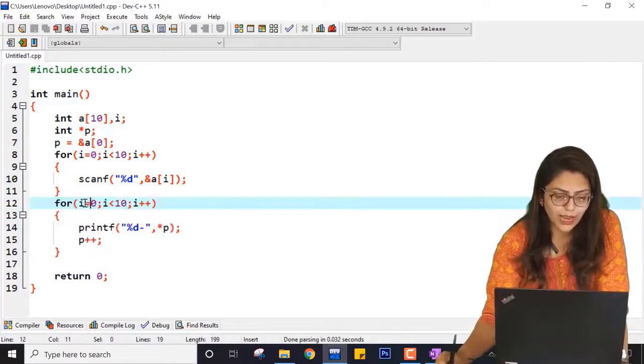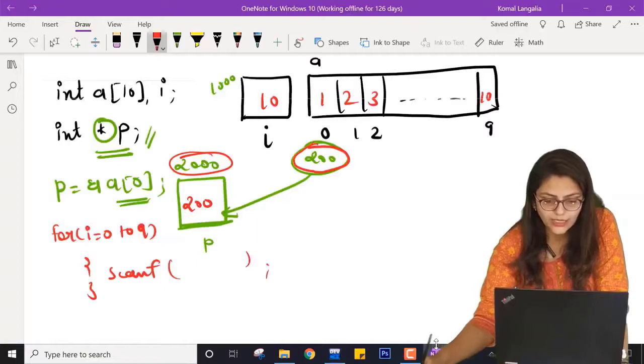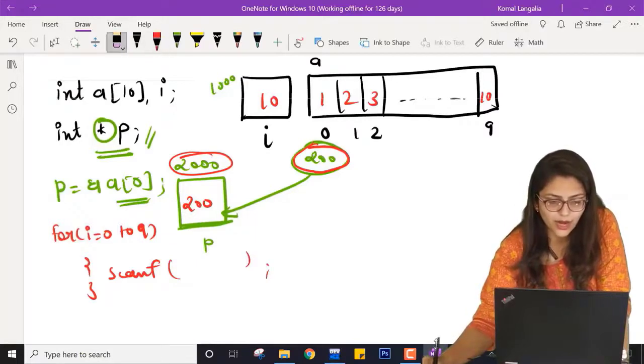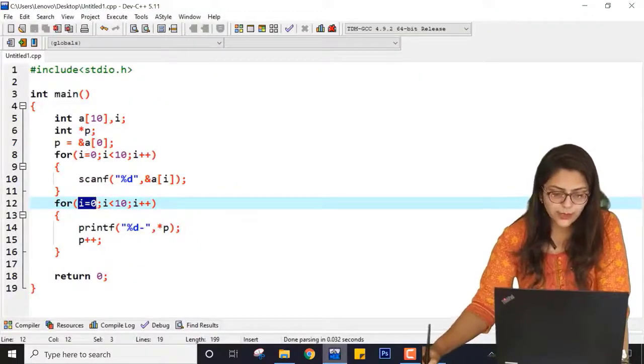So from this loop I am again starting i with 0. So you can see it over here. Right now its value is 10, but now I am starting it with 0 for the second loop. So now 0 will be stored over here. Then what have I written? Printf